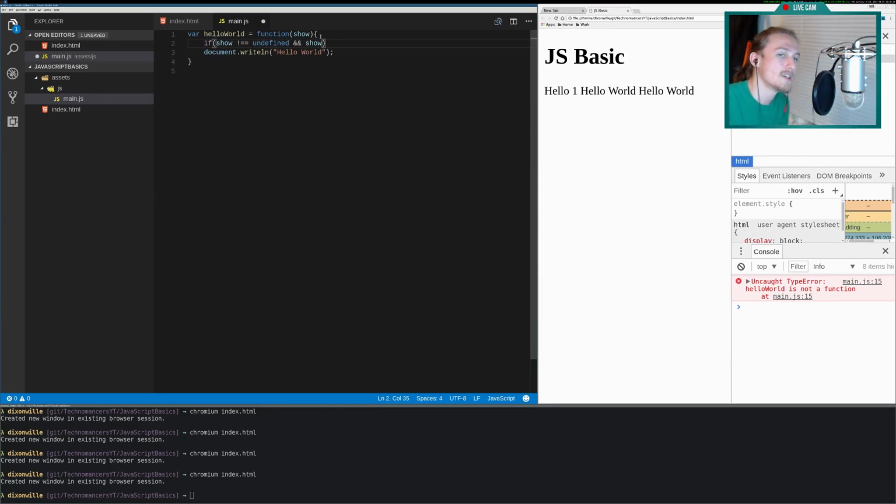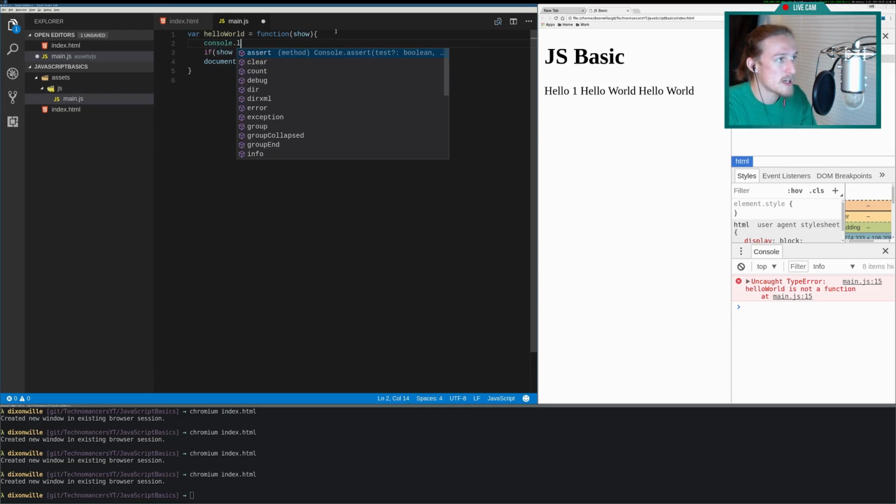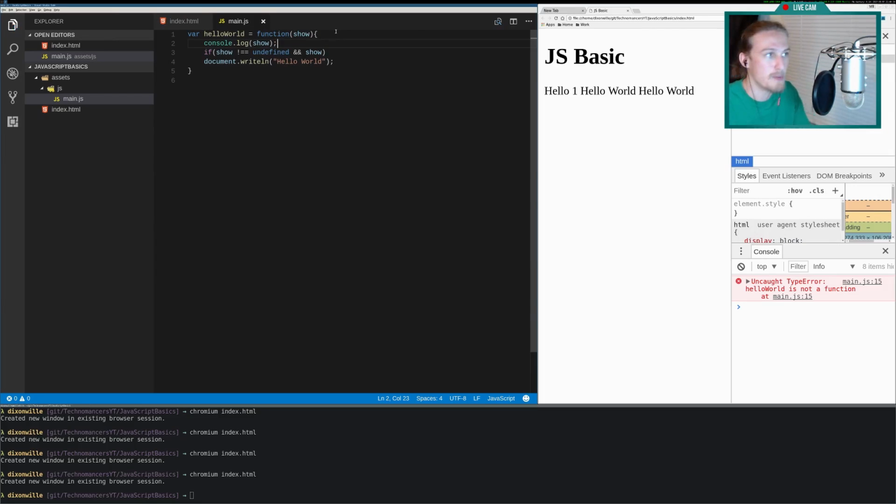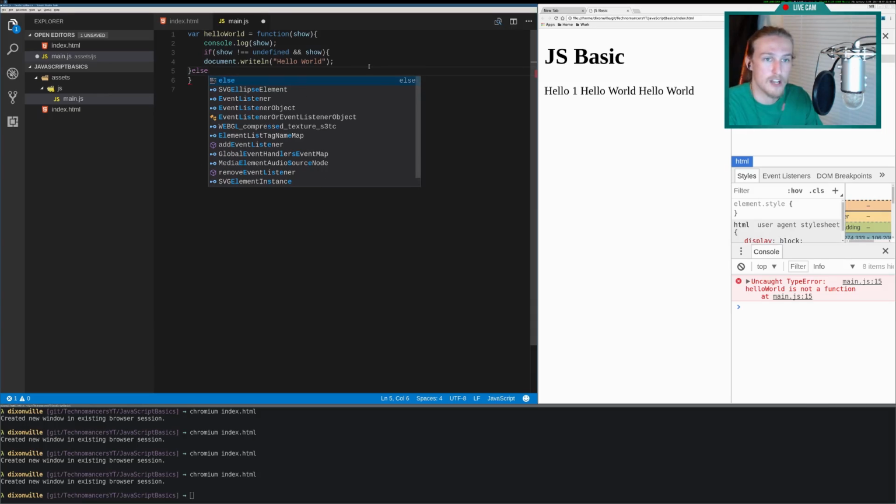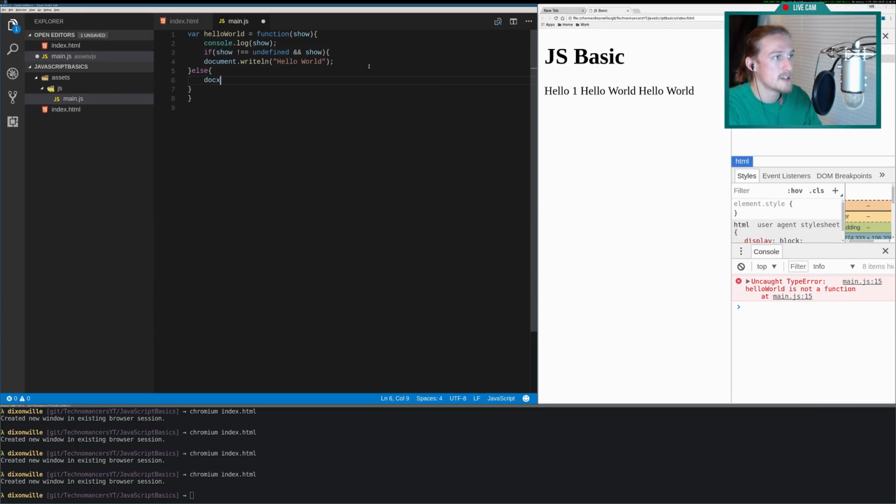If I print to the console what show is beforehand, so actually I'm going to do a console.log show to show you what the different values of show would be. There's an undefined, there's a null value, which means, hey, it was defined, there's just no value set to it. Then there is the actual value itself. So I'm making sure that it's not undefined, and if I want to show it, do this, and then you wanted to talk about an else statement as well, so we'll do a